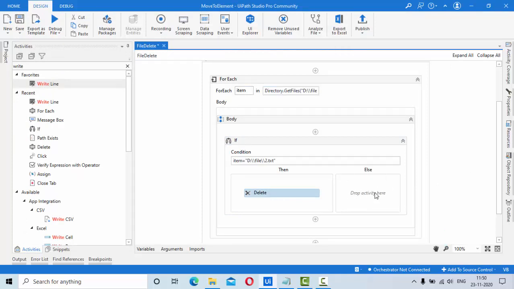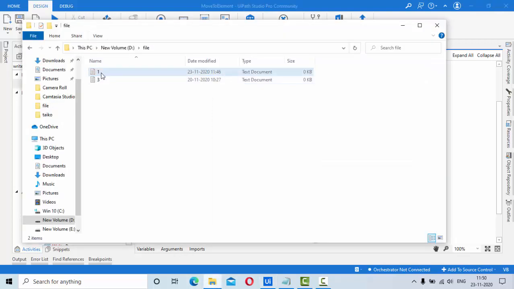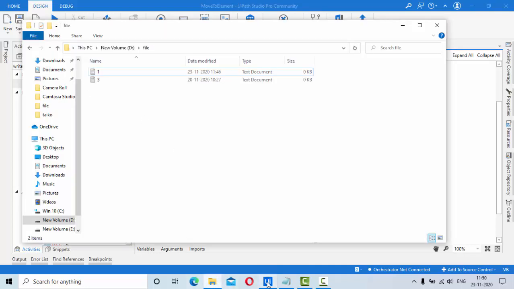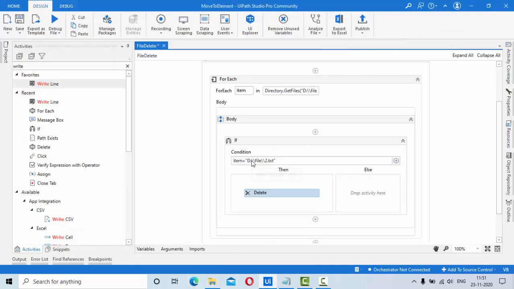Previously, I used that else condition where file does not exist. I got it two times because for 1.txt it came here, compared, and it is not matching, so the code inside else is executed. Similarly for 3.txt, but when it comes to 2.txt, it matches the condition, so it came to then and it deleted that particular file.